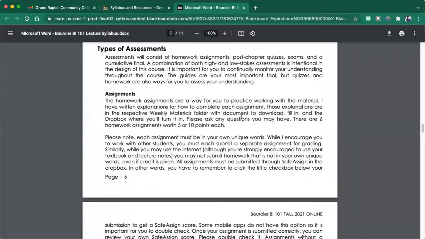The way we're going to do assessments, the way you're going to earn points, is you're going to have weekly post-chapter quizzes. They're going to be per chapter, so you may have more than one. In fact, you're going to have more than one per week because it's only 7 weeks. But these are open book quizzes, you can use your notes, you can save your progress,